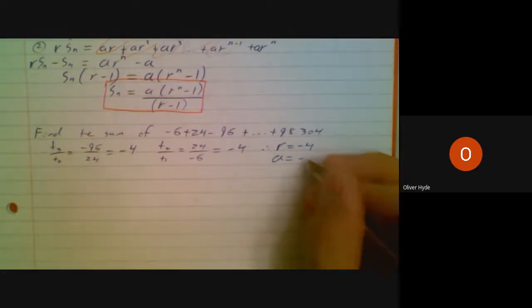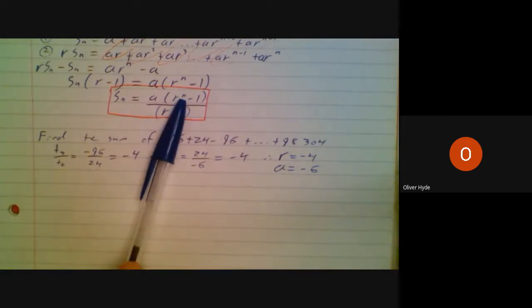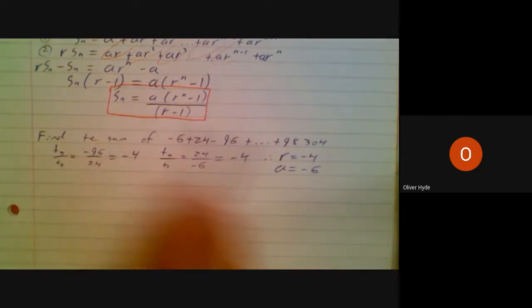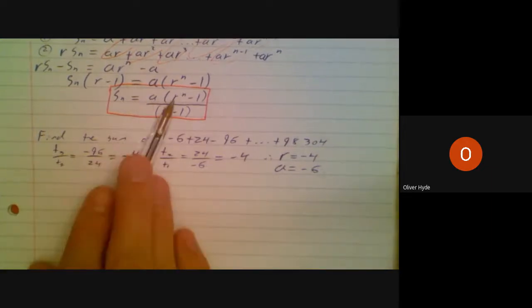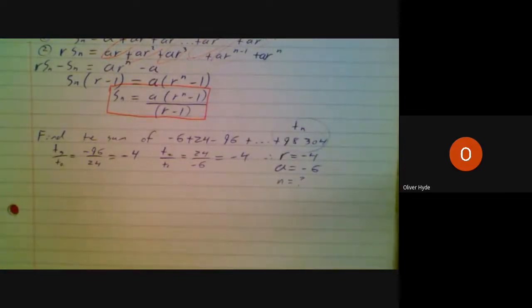I guess let's get the value of a out of the way. A is also given. It's -6. Notice to find the sum of a geometric series, we need to know how many terms there are. So I'm not ready to use this formula yet. Go ahead and treat it like a checkbox. You're looking for S sub n, but you don't even know what n is. I know a, I know r, I don't know n. What I do know is the nth term. And I do know a formula for the nth term, or I can build a formula for the nth term